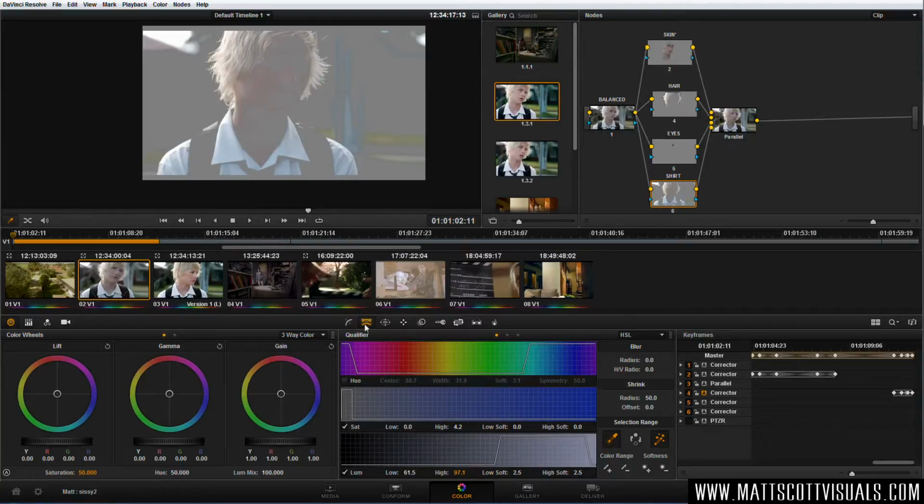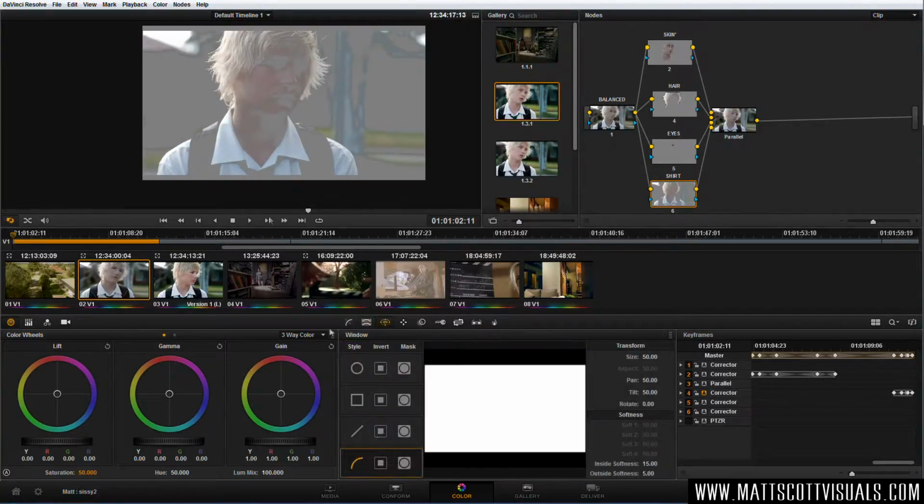So what are we going to do about that? Well, I'm just going to draw a mask around it, and that's going to help our selection. But I am going to just increase this high range all the way to the top. So then I'll just go to our mask, and I'm going to use the Bezier tool this time and just draw a nice, when I say nice, a quick matte around